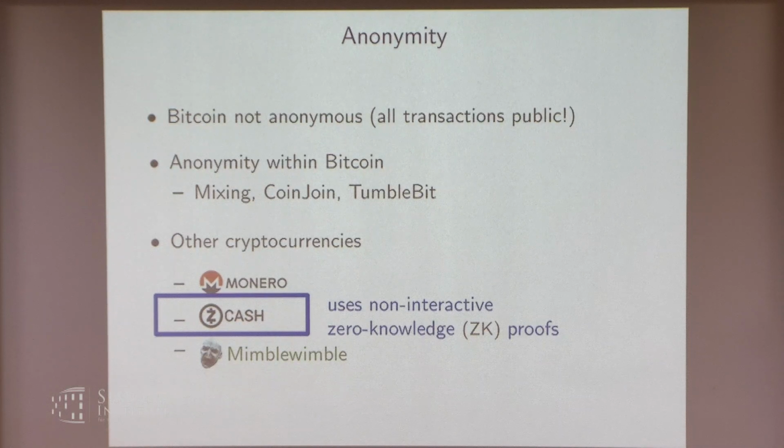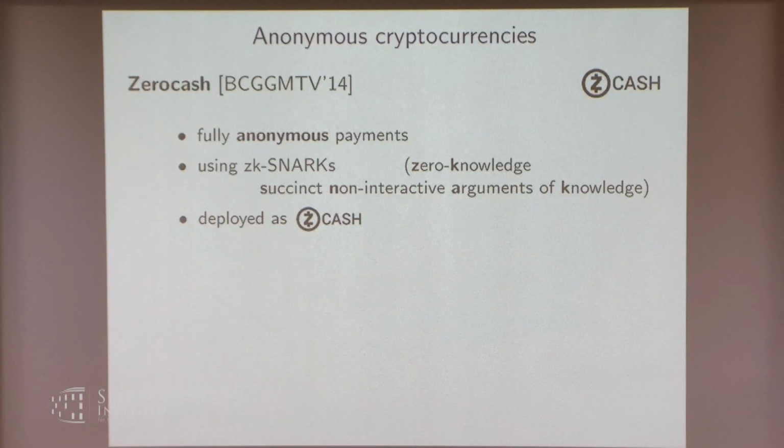And then I think in contrast, Zcash goes a very different route. It uses one big hammer to hide everything. And that big hammer is non-interactive zero-knowledge proofs as instantiated by ZK snarks. So it's based on the Zero Cash protocol by Ben Sasson, Chiesa, Green, Garman, Madras, Troma, and Virsa. Correct? It's a fully anonymous currency.